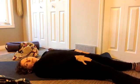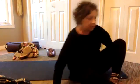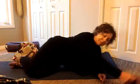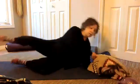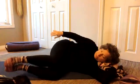It might feel really different in the hips. Okay, we're gonna go back to the first side. So we're doing a lot of back and forth, but we have to do something else. Let me see. Do we need the ball? No, we don't need the ball. We're done with the ball, but we're gonna come back into that 90 degrees with the pelvis and the hips